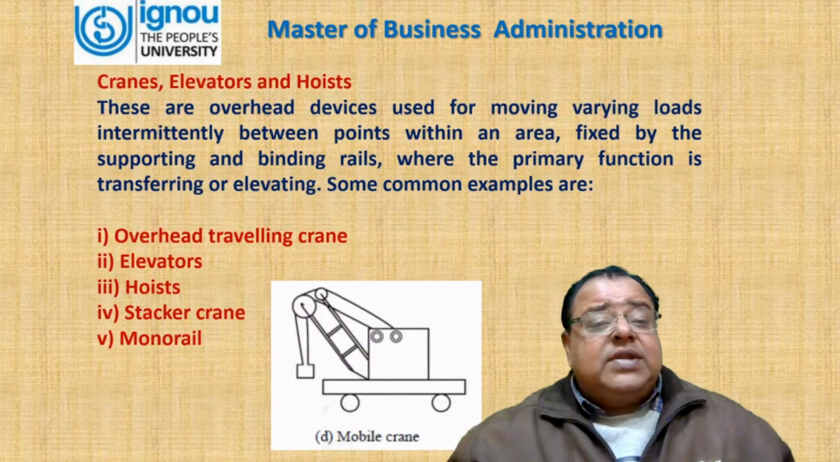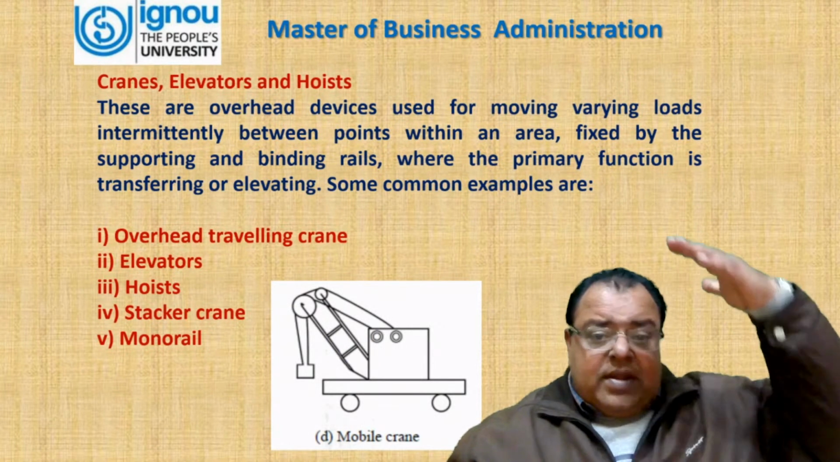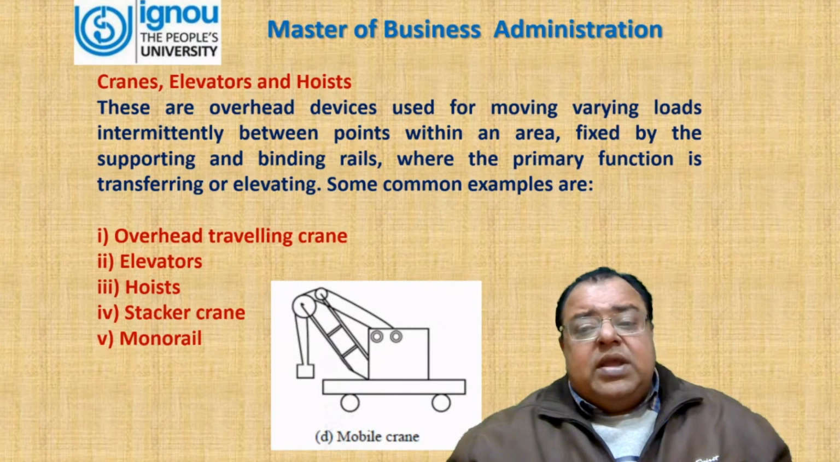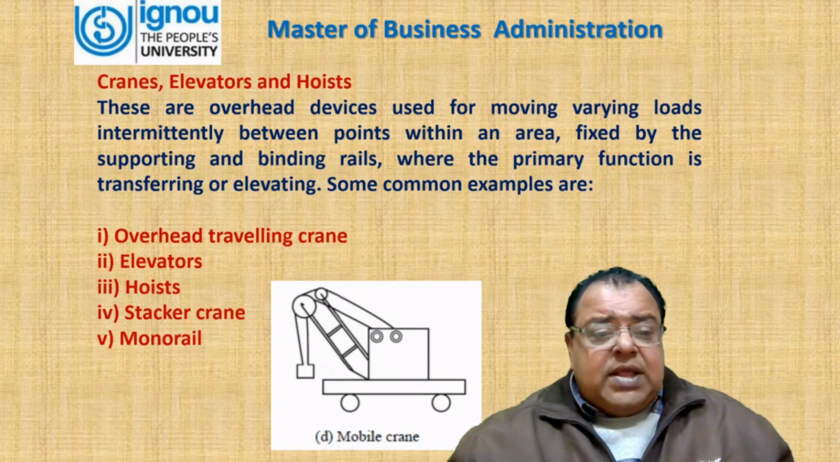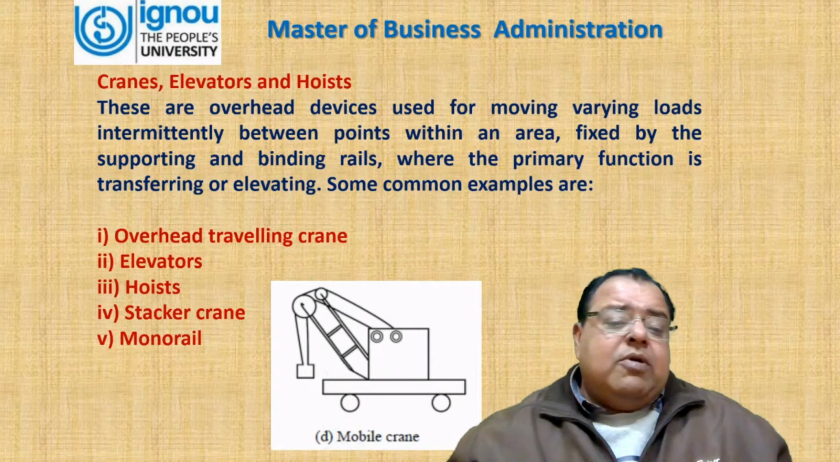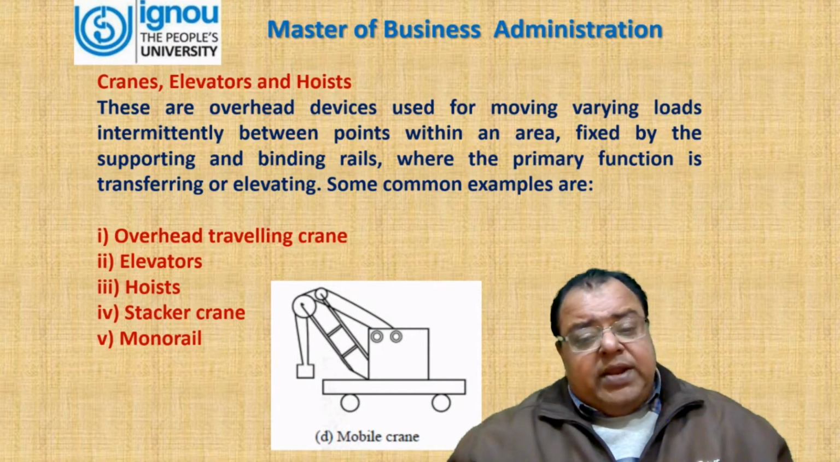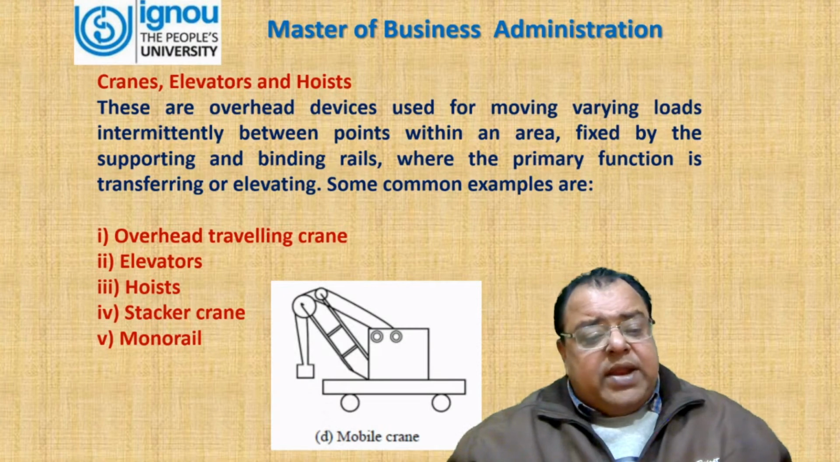Second one is cranes, elevators, and hoists. These are overhead devices used for moving varying loads intermittently between points within an area, fixed by the supporting and binding rails, where the primary function is transferring or elevating. Some common examples are overhead traveling cranes, elevators, hoists, stacker crane, monorail,